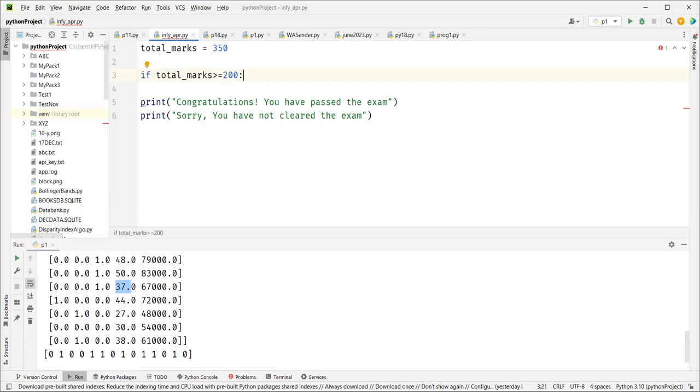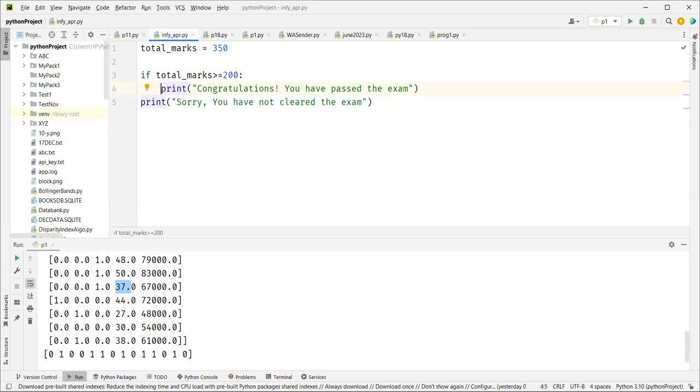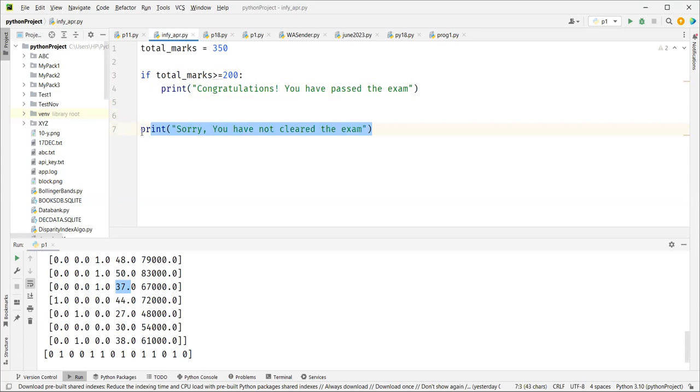Is total greater than or equal to 200? Yes. Then I print, "Congratulations, you have passed the exam." For a minute, let's ignore this part. Let me comment it out. So you have if, and the question that you will ask yourself is using if, followed by